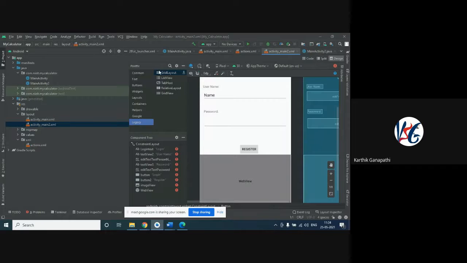If you want the grid layout, we can use this. Still, it is available. As you can see, we need to download this, add dependency, add project dependency. If we want this, we need to add it, because these are outdated components with respect to the version we are right now using. We are using version 30 or 29 in this Android development. Now I'm just moving to the next one, called list view.